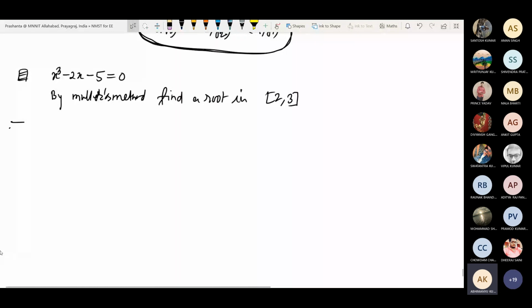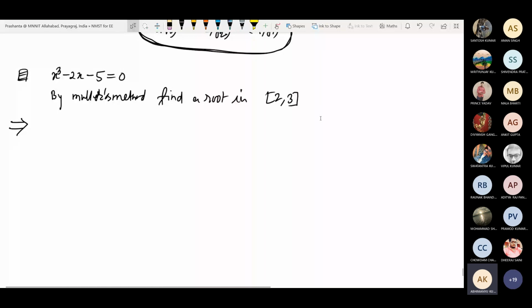Now remember, this calculation looks very complicated, but basically you will not be performing it by hand. You will write an algorithm and the computer will do the job. So plus, minus, division, multiplication, that does not matter to a computer. The computer is very fond of that. This calculation does not matter. So our aim is to understand and then write a code. Anyway, we have to find a root of this equation by Muller's method, which lies in 2 and 3.